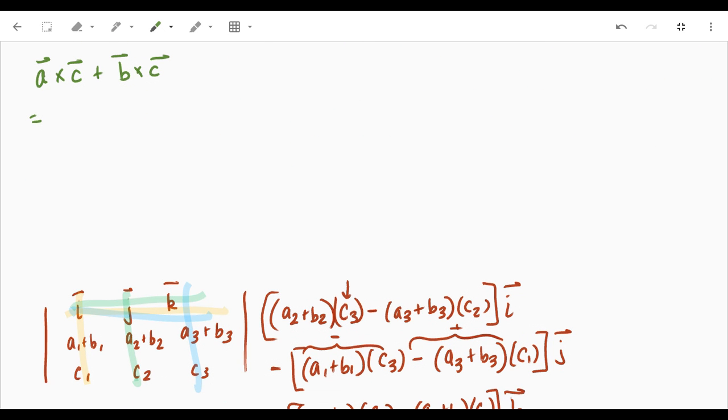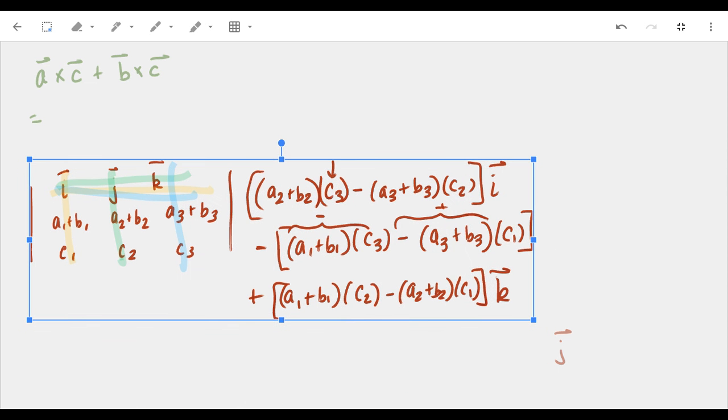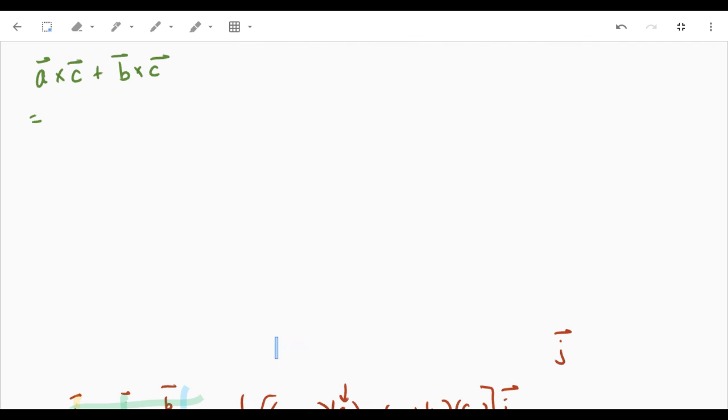I'm just going to do A cross C, and I know it's going to be the same thing if I replace all the A's with B's. I don't think I'm going to need this anymore, so I'm just going to throw it down there. So again, if I have I, J, K crossed with A1, A2, A3, C1, C2, C3, I'm going to get,